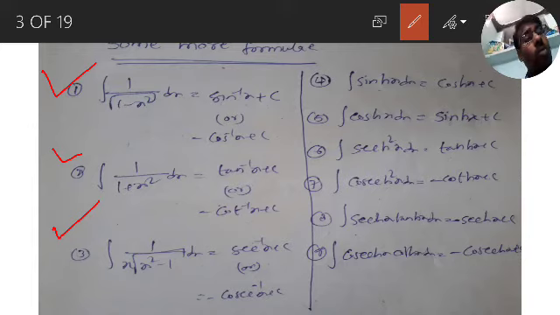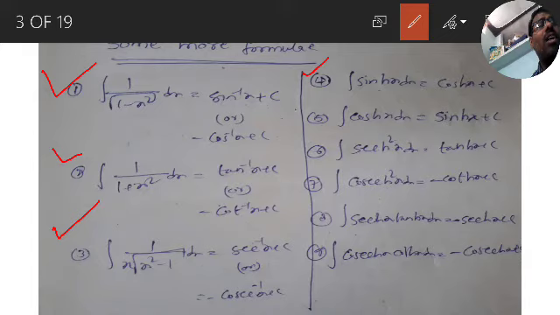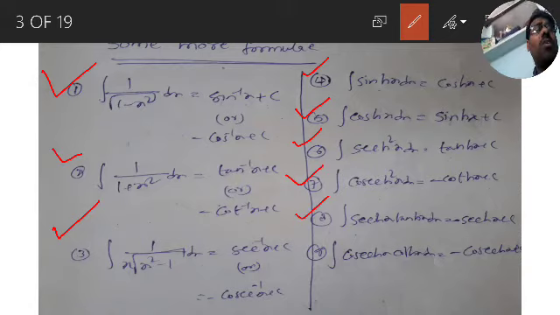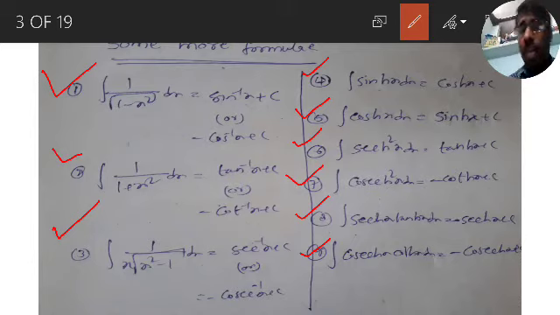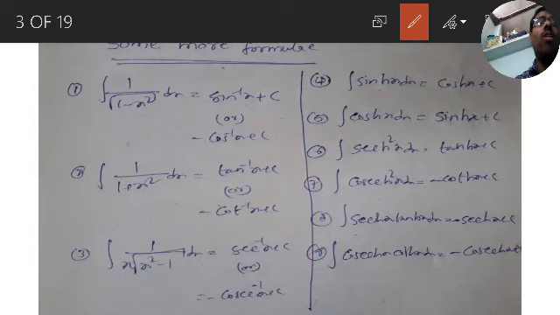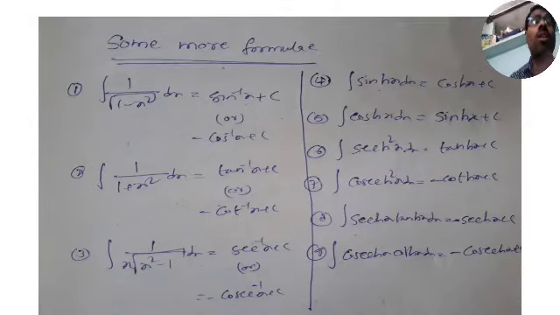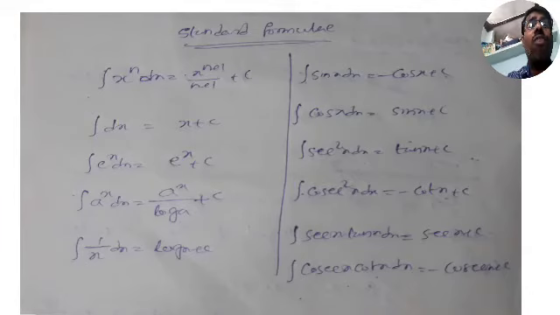Very easy. You have to read again and again, repeatedly, many times. Repeat them, read them, learn them by heart, remember them. Integration of sinh x is cosh x, integration of cosh x is sinh x, integration of sech square x is tanh x plus c, integration of cosech square x is minus coth x plus c, integration of sech x tanh x is minus sech x plus c, integration of cosech x coth x is minus cosech x plus c. So these are another 9, total 20 formulas that you have to remember. These two are the slides. These are the standard formulae.